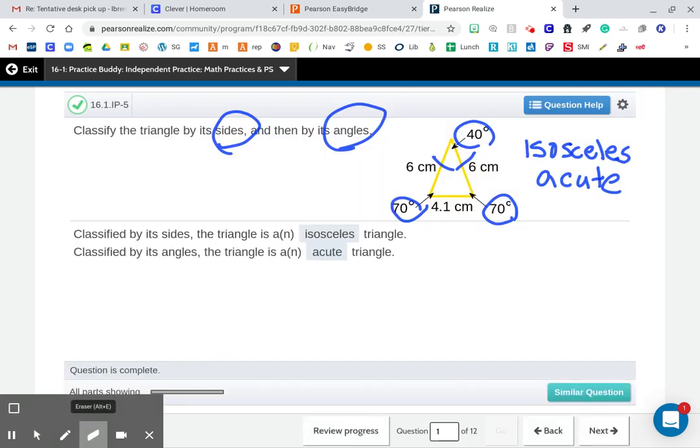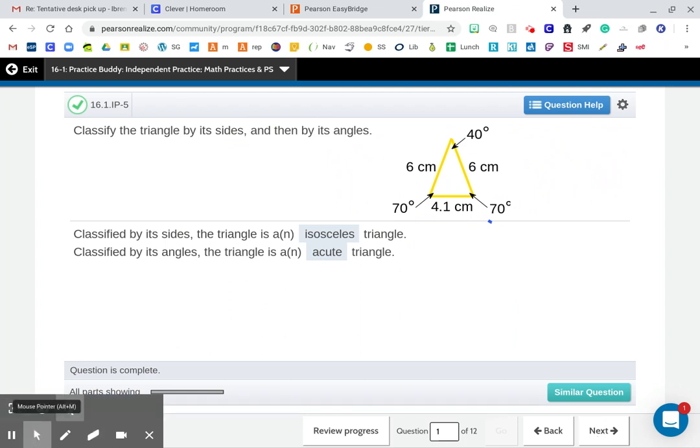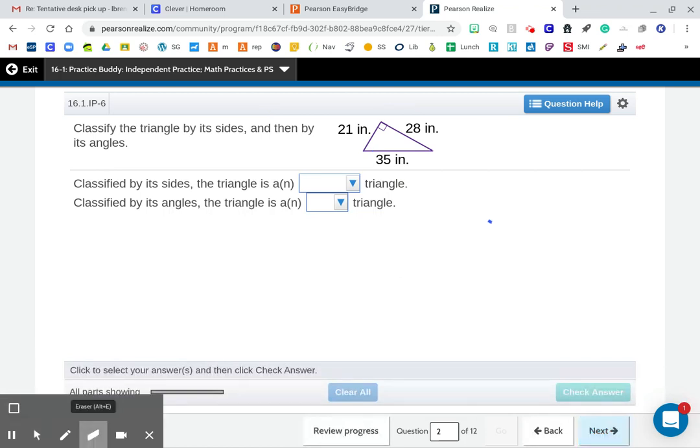Okay. So basically, either make sure you have the three side names and the three angle names written out for you. If you have your math book, you can open the page that has that information on there to help you out. Okay, for the next one. Remember, when you get these wrong, you can always hit similar question, so you can try another shot at the question. If you get any wrong, classify the triangle by its sides and then by its angles, just like we